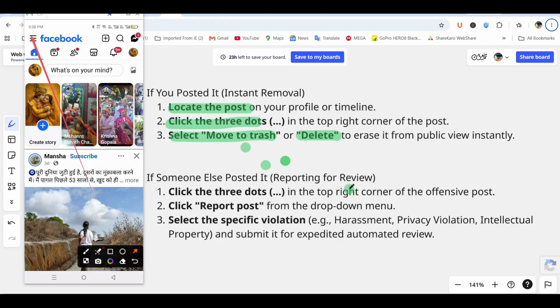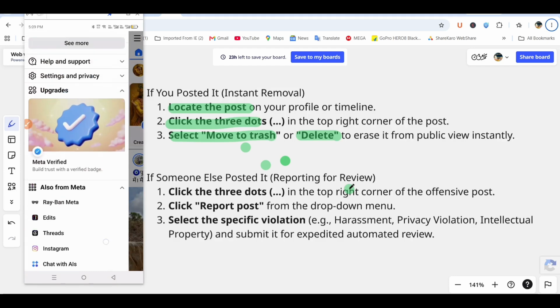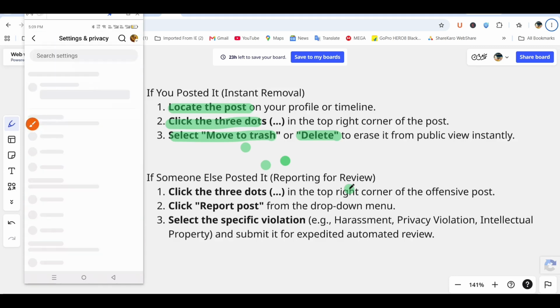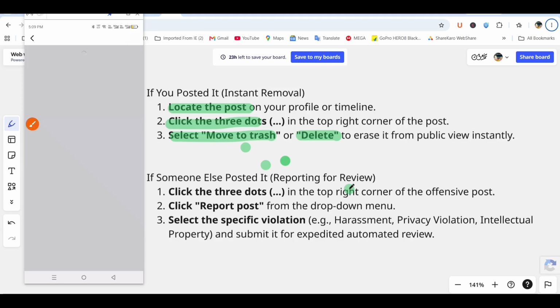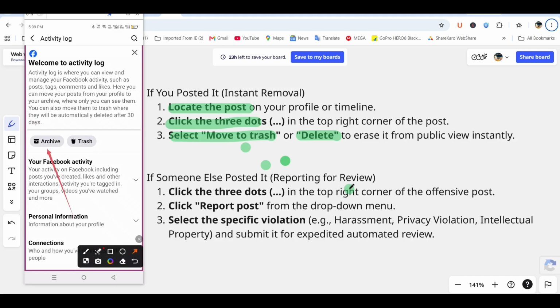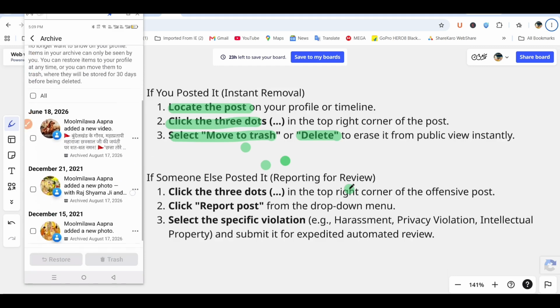first click the three dots, then settings. Click privacy and settings, and after that click the settings option and scroll down to the section under activity log. So click activity log, after that you can click this archive option and